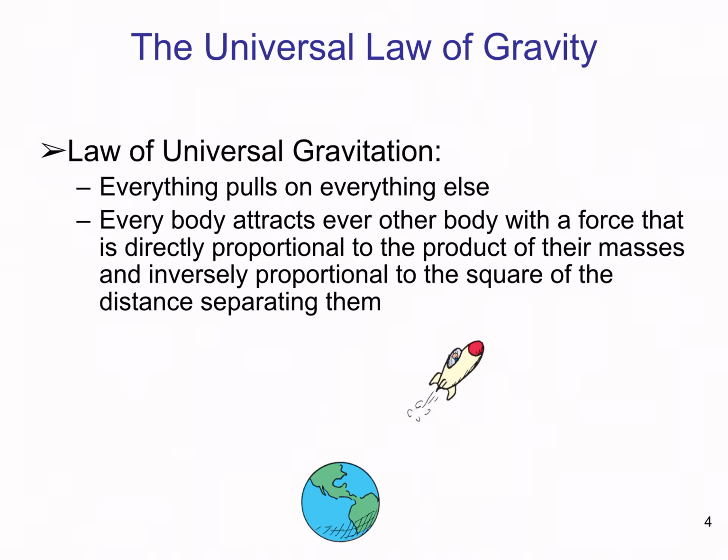So, the universal law of gravity, to put a finer point on it, specifies that everything that's massive is going to attract everything else that is also massive. And that force of attraction, if we want to quantify it, has to do with the product of the two objects' masses. And it's also inversely proportional to the square of the distance between them.